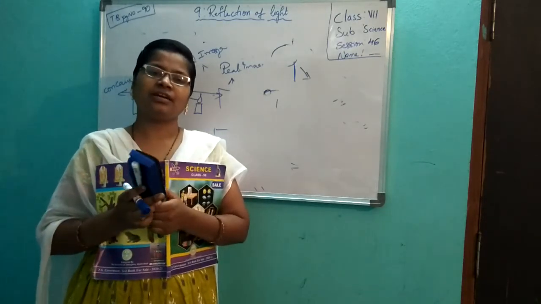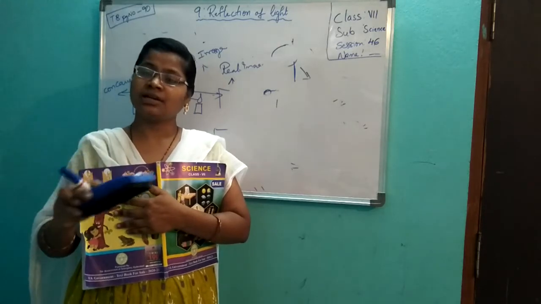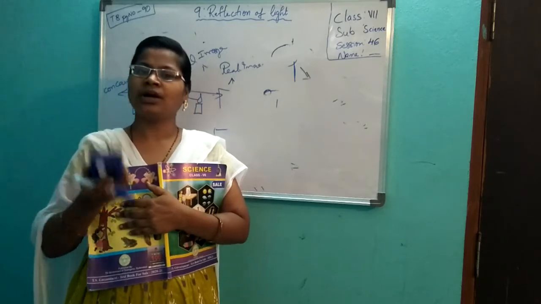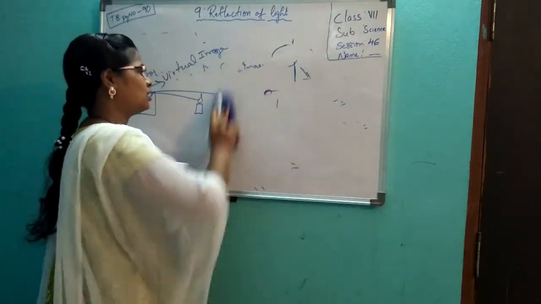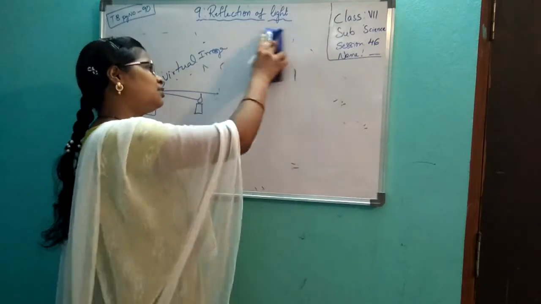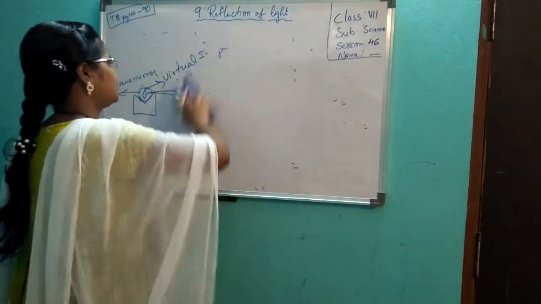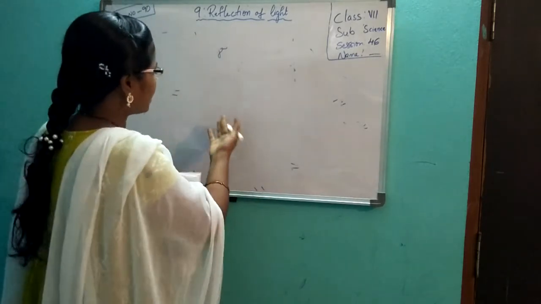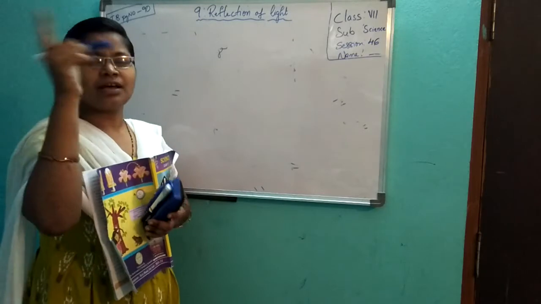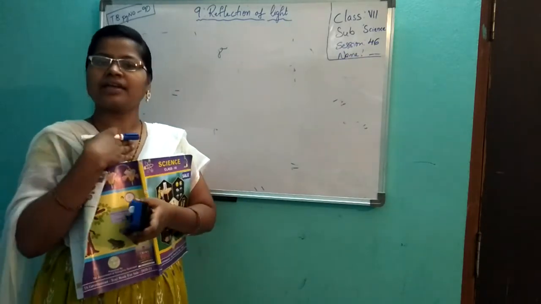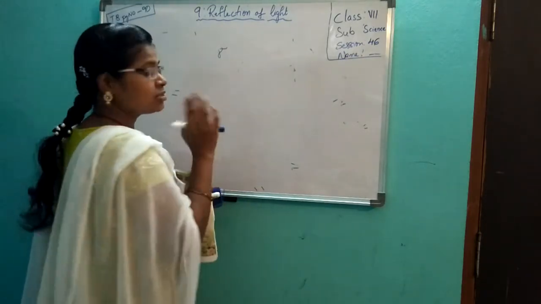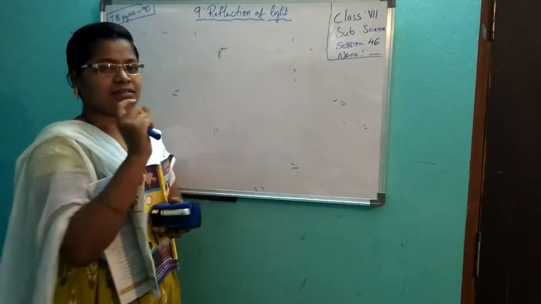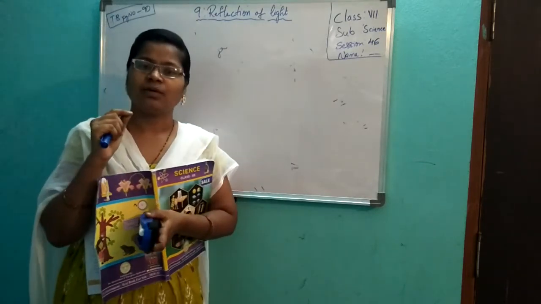Here what we are seeing is, not only mirrors, but other substances or other metals, in that also you can see your image. Yes or no? Yes. How is that happening? Due to reflection of light. Okay, now see, I can see my image slightly in this board, due to this heavy light reflection. My image is not a shadow. I can see it in this board slightly, not clearly, but slightly. Okay, why?